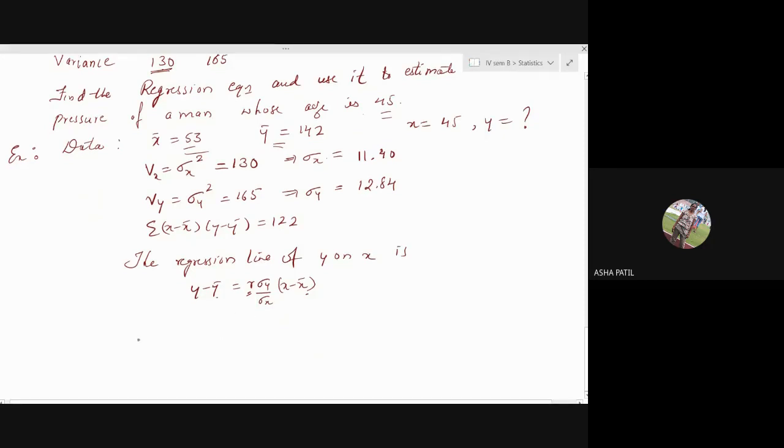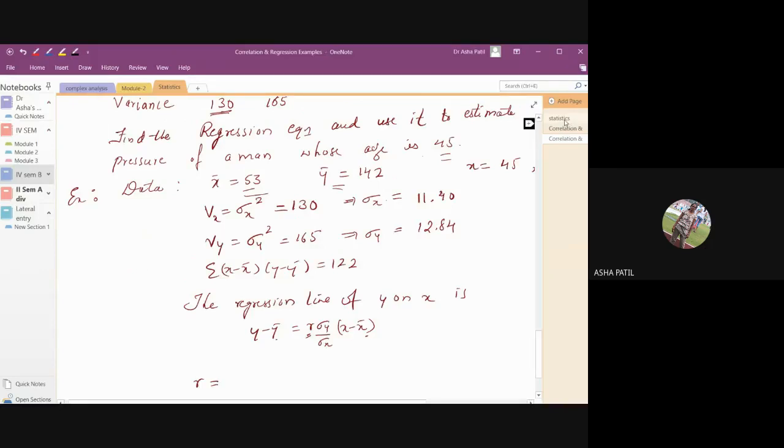For that, which formula will you use? R is equal to, we know these values. Check, so many formulas you have written there, I think 4 formulas. See which formula will be applicable here. Whichever quantities you know, accordingly write the same formula. I think we have written it on the first day or second day. I don't remember.